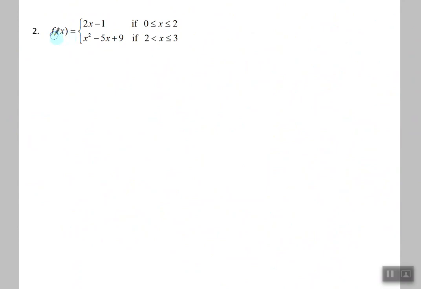Let's find the absolute extrema for the function f of x equals 2x minus 1 if 0 is less than or equal to x, which is less than or equal to 2, x squared minus 5x plus 9 if 2 is less than x is less than or equal to 3. Now, in the previous example, the sine function, of course, a continuous function, but a piecewise function might not be a continuous function. So before we go any further, let's begin by verifying that f is continuous